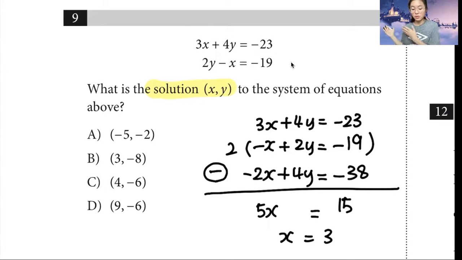Now we can go straight to the answer B because we solved for x. Now, what would happen if we solved for y? Well, you would eventually get to B if you do the calculations correctly, but it will take so much time. So we would want to be strategic about this. So yeah, that is how we solve for